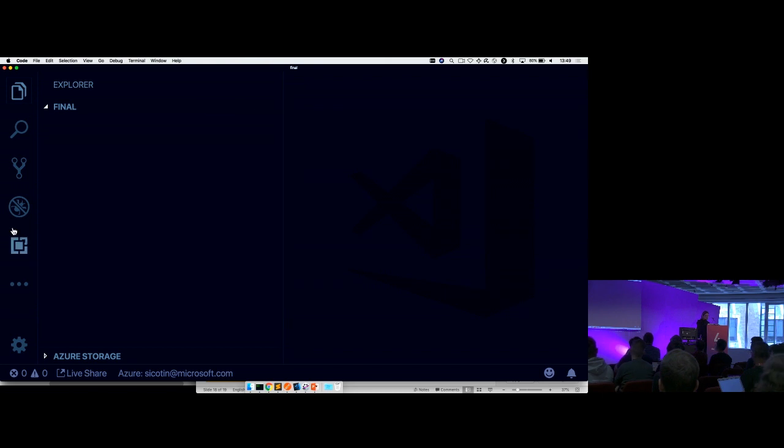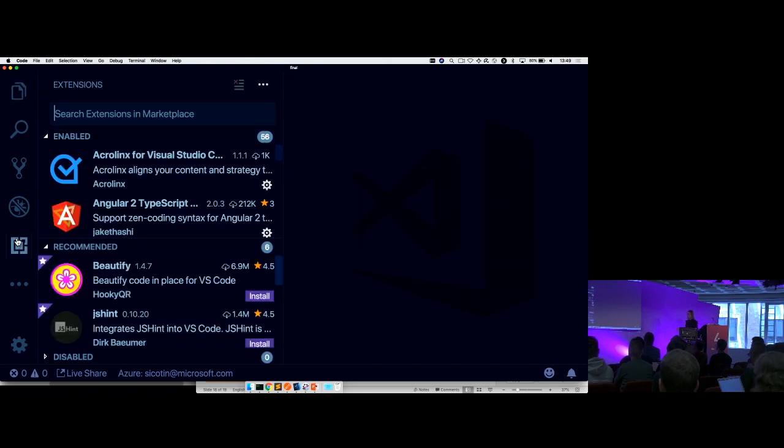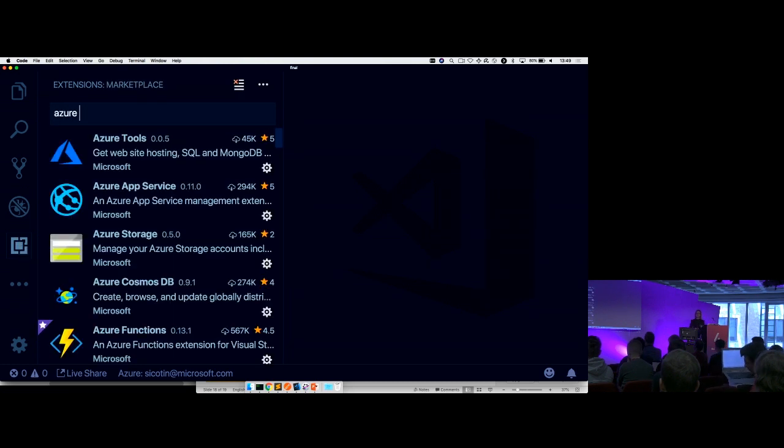One of the biggest things with VS Code, a text editor that has been built by Erich Gamma, and one of the most powerful things about VS Code is extensions. By using those extensions, we can turn our text editor into a full IDE. And when it comes to serverless, one of the most useful extensions that you'll ever find is the Azure Functions extension.